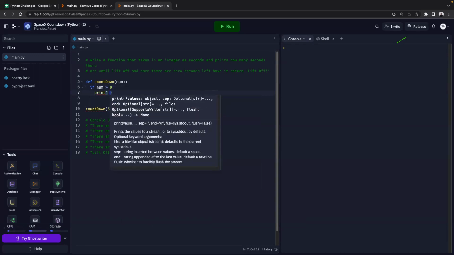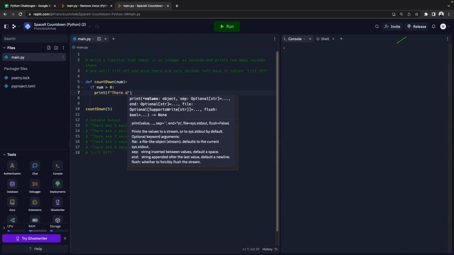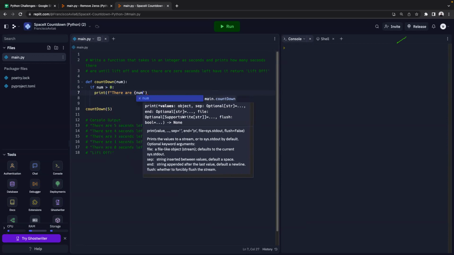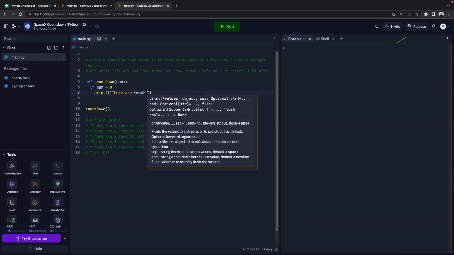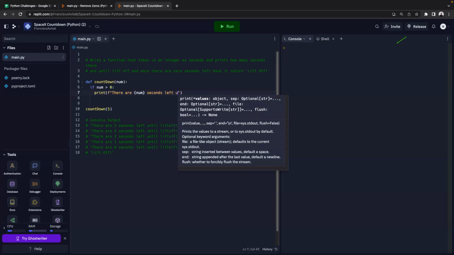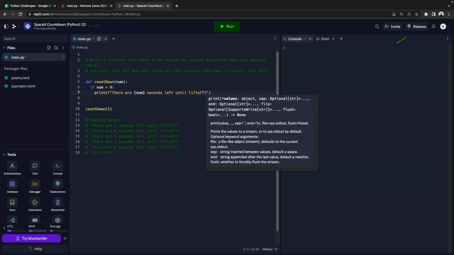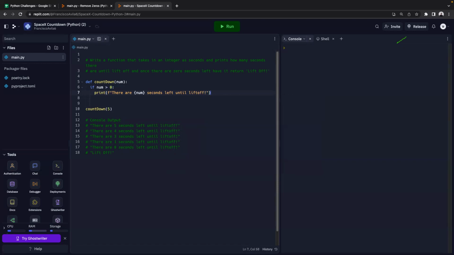So print f, and then in curly brackets I have num, and then seconds left until takeoff, exclamation point, close the quotation marks, and then close the parentheses, and then elif